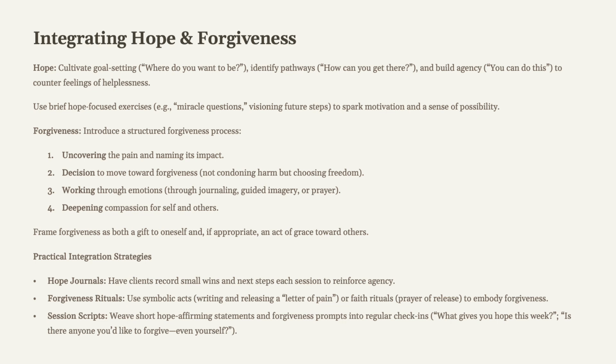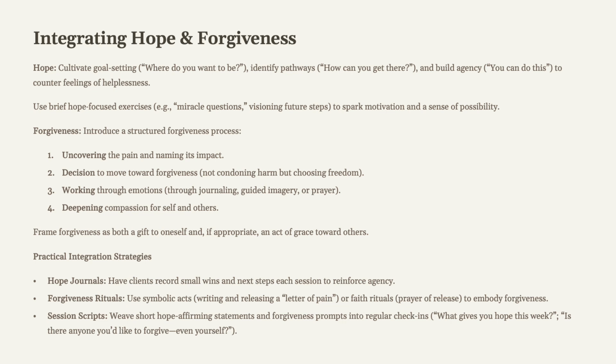The other thing is forgiveness. You want to introduce this idea of forgiveness. You may have to have sessions that are outside of what I just talked about, those steps, and just deal specifically with forgiveness here. Because depending on what the trauma was, they may feel as if they can't forgive, or they may make a decision not to forgive, right? And so introduce forgiveness in a structured way.